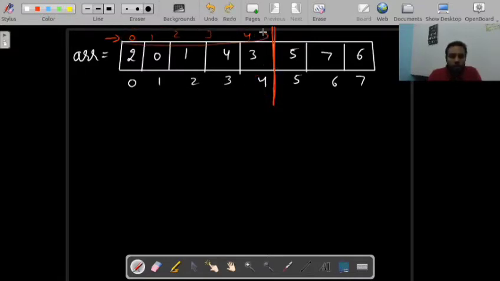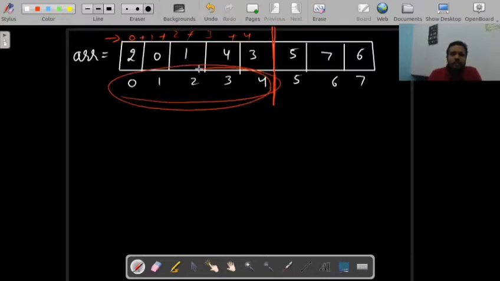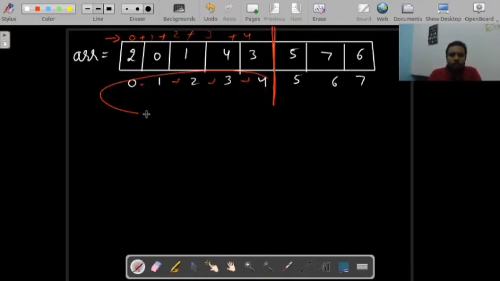It means the sum of these numbers will be equal to the sum of those indexes, 0 plus 1 plus 2 plus 3 plus 4. If you got this point, then let's try to understand the solution.